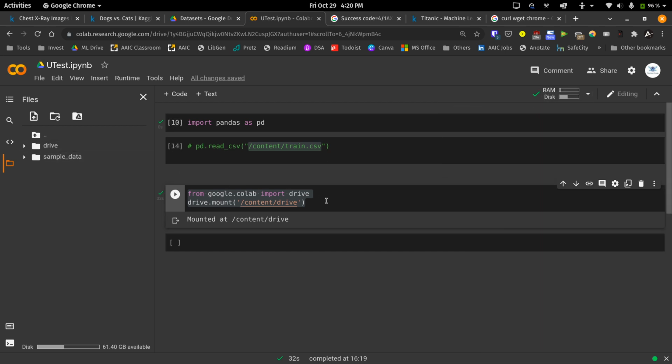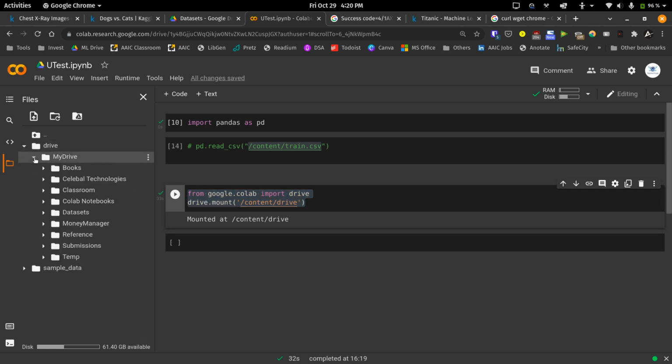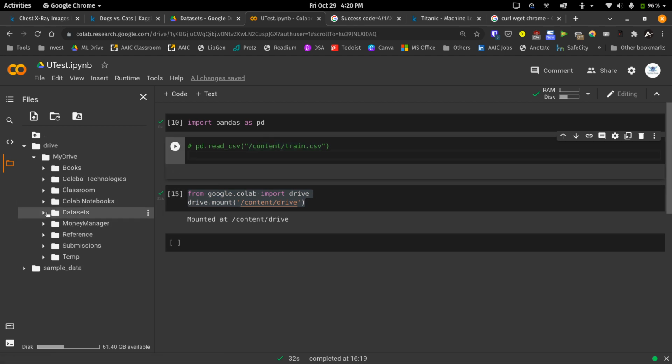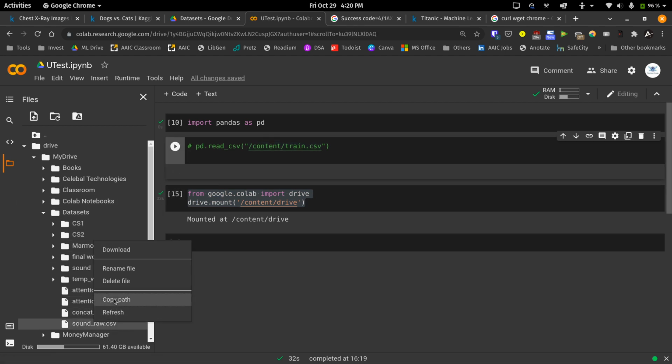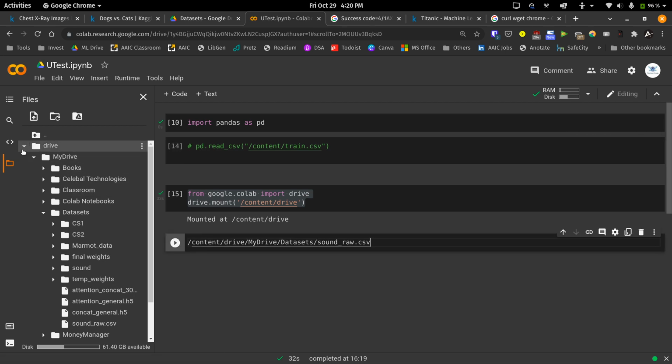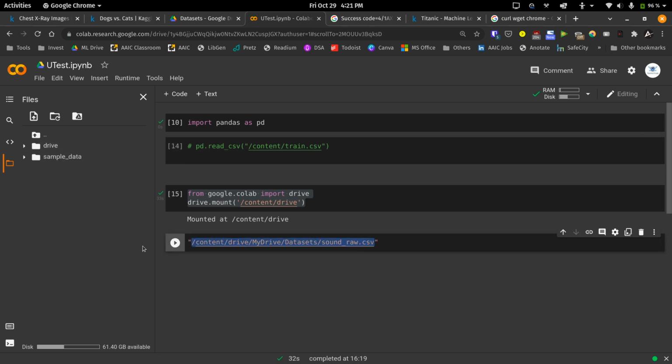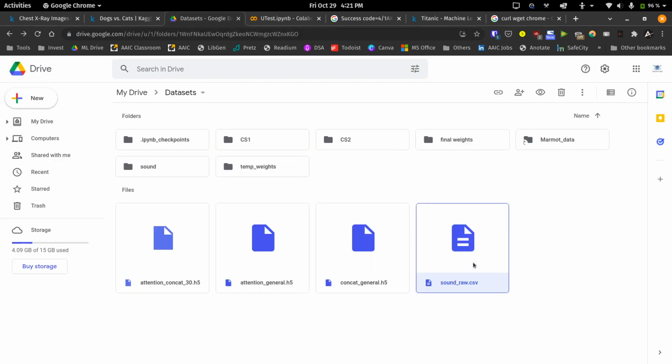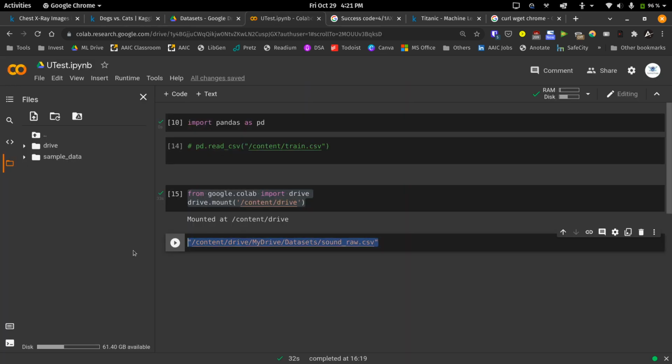There is one issue with loading files from drive in this format. If you use the path of your drive like I have used here, what Colab does internally is, when it sees content slash drive, it actually goes to your mounted drive, fetches the file and loads it into your current Colab memory. This is fine when you have a single file, or a zip file which is very small.